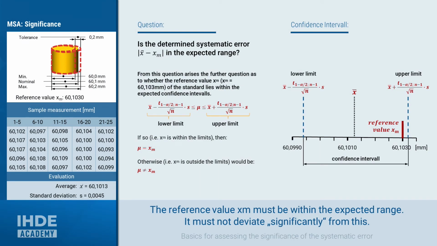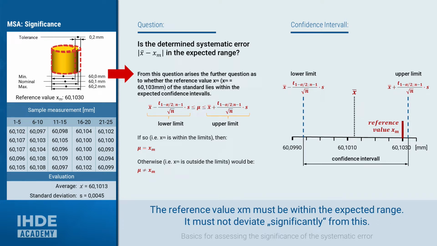Now that the interrelationship around the confidence limits has hopefully become clearer, it is now a matter of concretely answering the question of whether the systematic measurement error is in the range that is to be expected. From this question arises the further question of whether the reference value xm of the standard lies within the calculated confidence interval. A quick reminder: the reference value xm was determined by measuring the diameter with a very precise measuring device. This diameter is